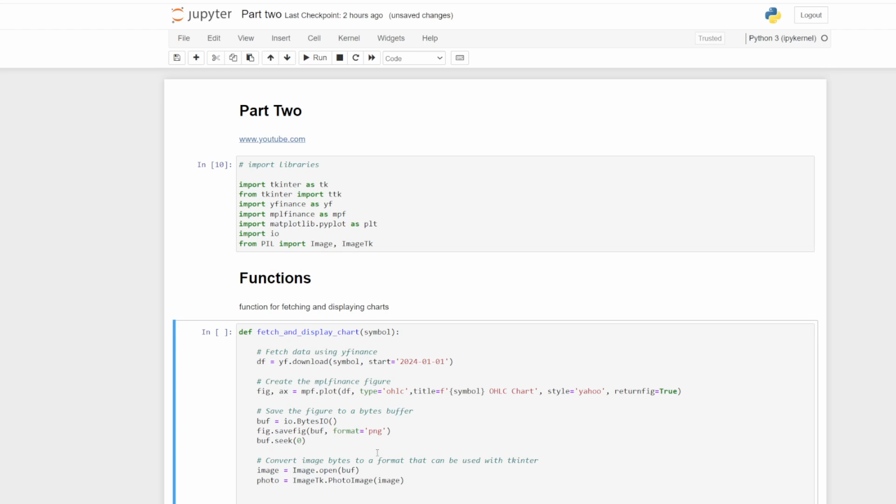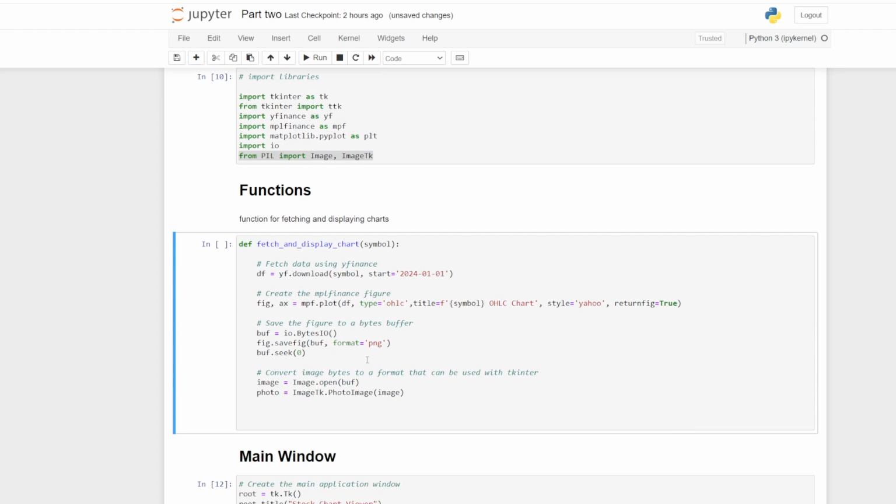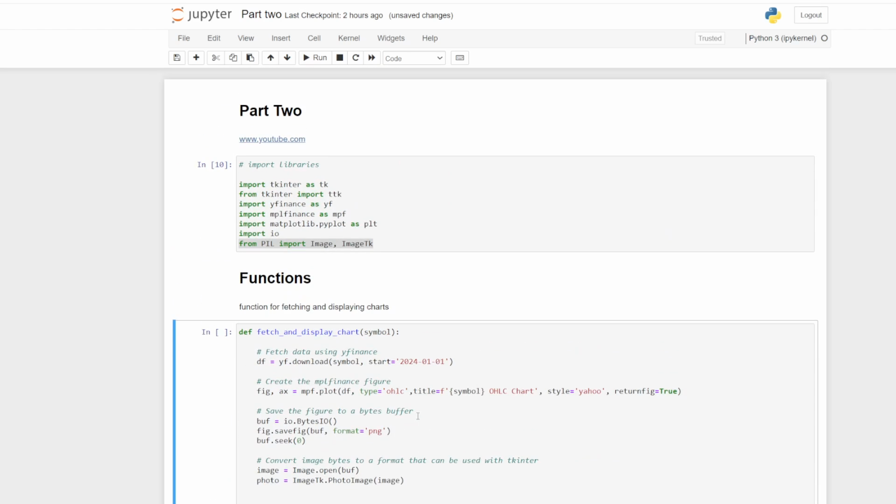And then next, we're going to use the second library that we've got here, because we need to take the image that we've saved and turn it into something that tkinter can use. So all we do is give that image a name. We're using image now, which is part of the Python image library. So we're going to open up an image called buff, which is what we've saved up here, and then we're going to make a photo,